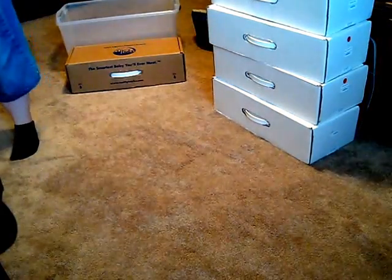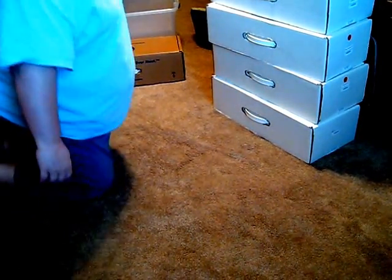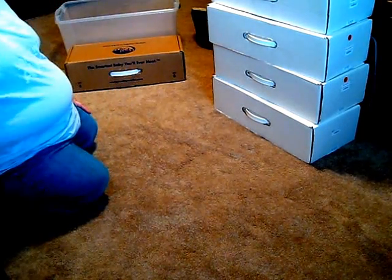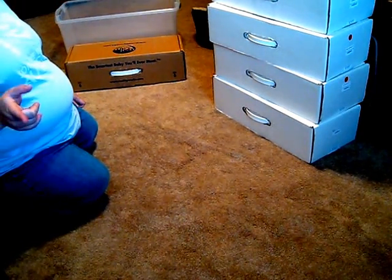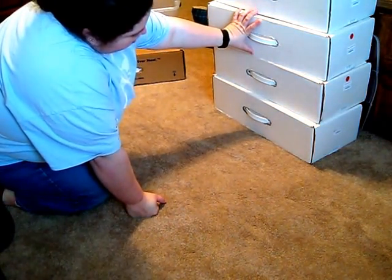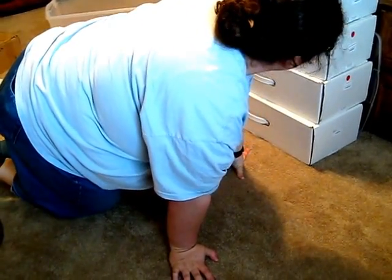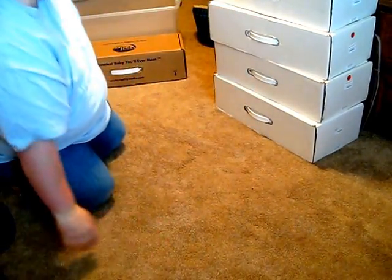Hi everybody, I'm going to make a video today of my neonates and one Baby Think It Over. You've already seen my Real Care 2 in a previous video. I have, as you can see, 4 neonates. I think they're all weighted. Yes, they are. They're all weighted neonates, and then I have one